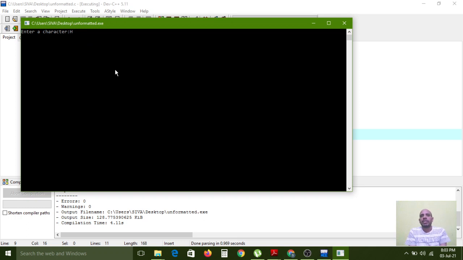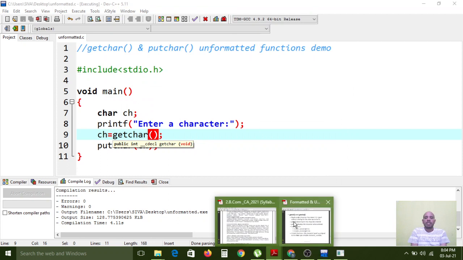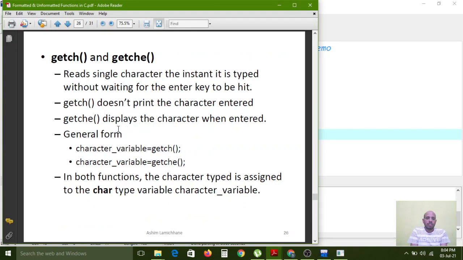Actually, the getch function is used to hold the output. And getche displays the character when entered. The E means echoing: the character we have entered will again automatically reflect in the console window.